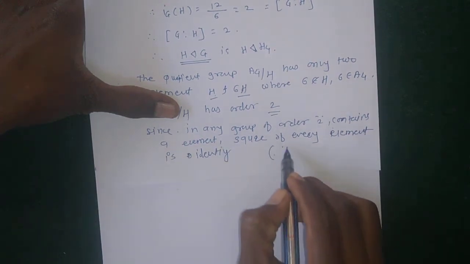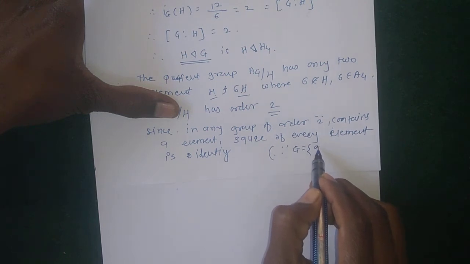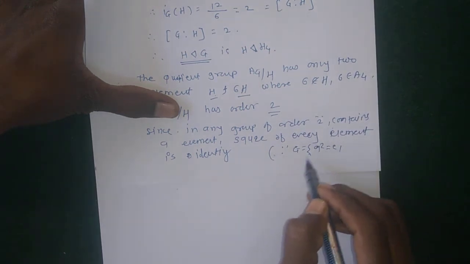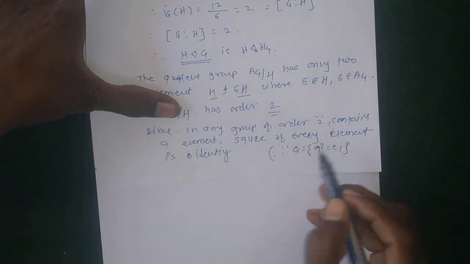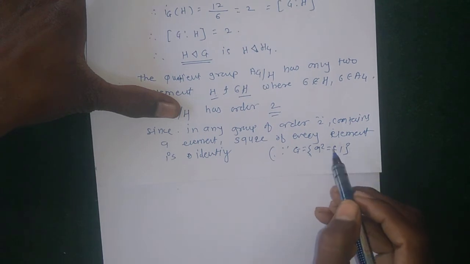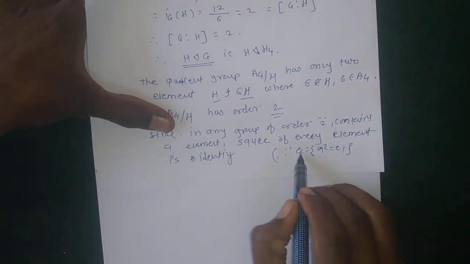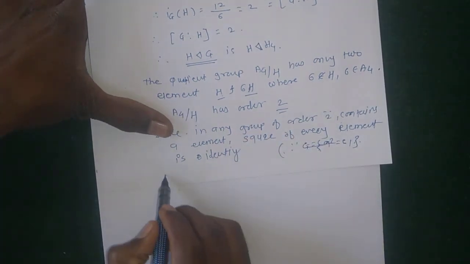Since G contains only 2 elements, then A squared is equal to the identity. Any group containing only 2 elements must have every element's square equal to the identity. So every element squares to the identity, therefore